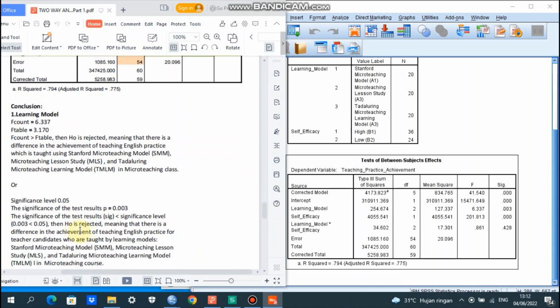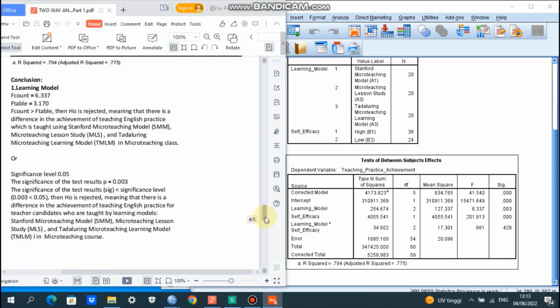It means that H0 is rejected, meaning that there is a difference in the achievement of teaching English practice for teacher candidates who are taught by the learning models Stanford Micro Teaching Model, Micro Teaching Lesson Study, and Tadaluring Micro Teaching Learning Model in the micro teaching course. That's for learning model.